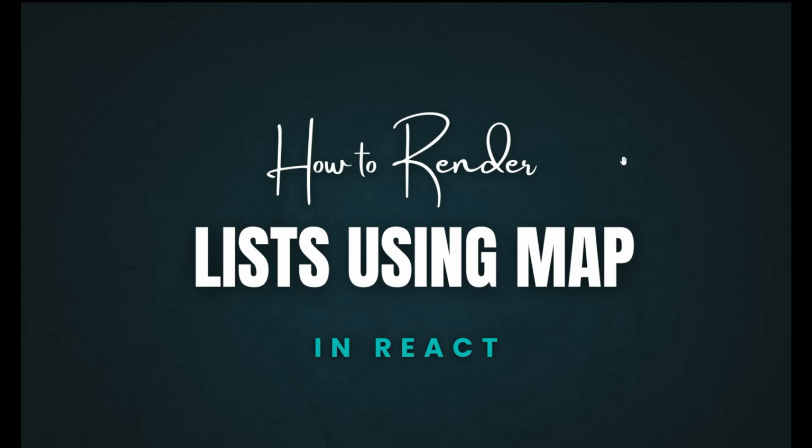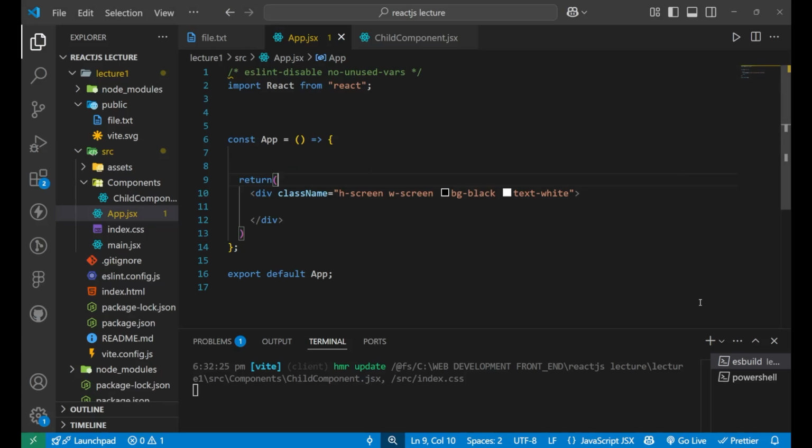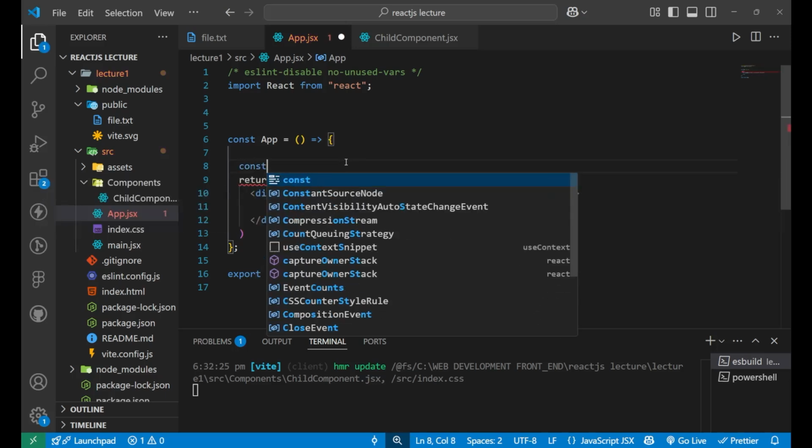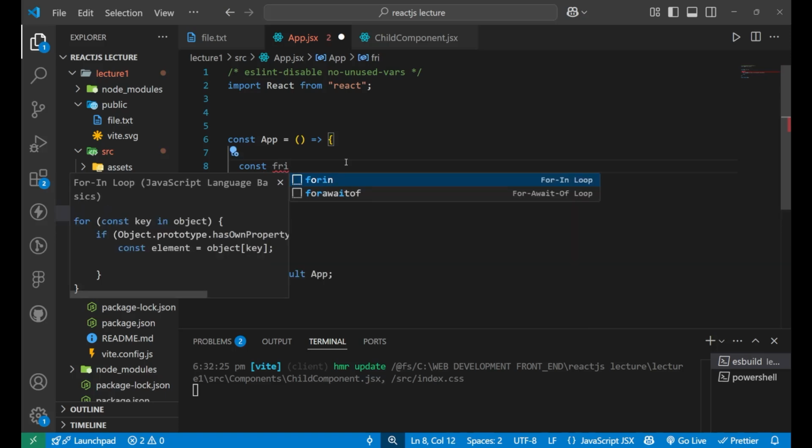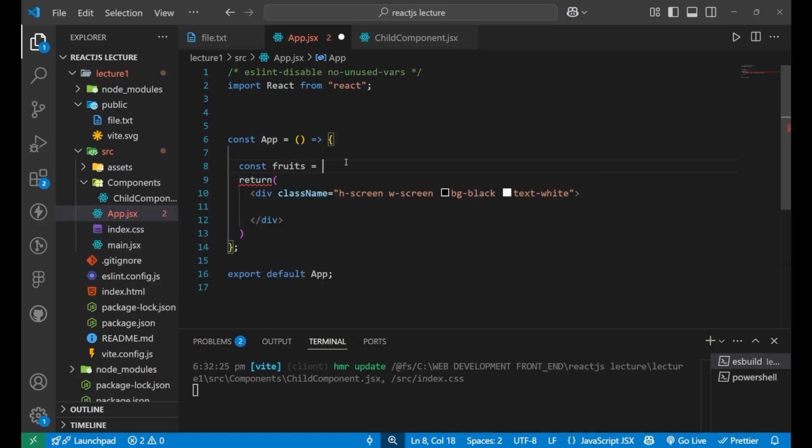Let's go. So let's take an example of listing the names of fruits with the help of the map method in your React.js. For that, we will first create a list named fruits equals to, let's create a list here. And inside of it, I will write apple, comma,